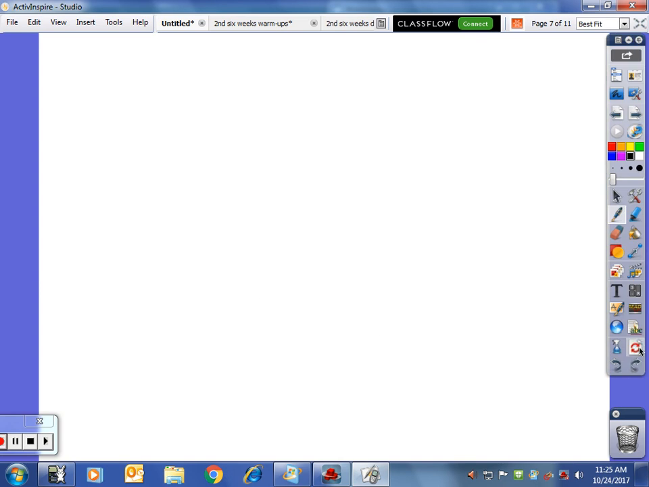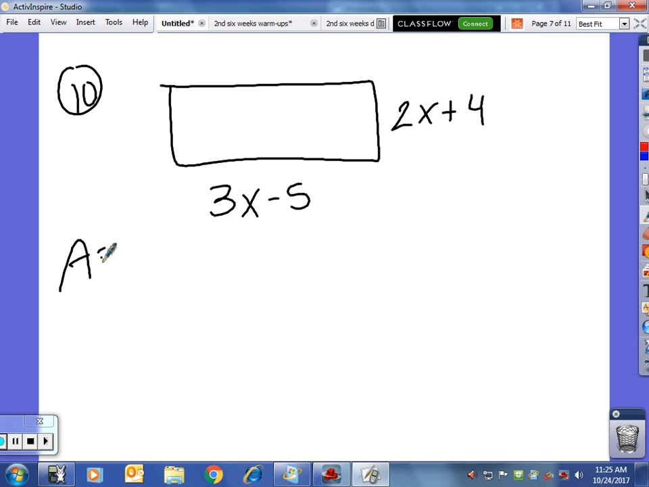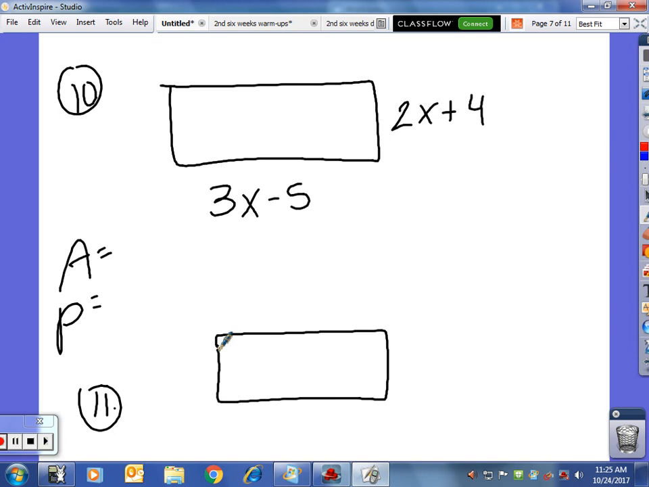All right, let's do some rectangles. Number 10, please try this one. 3x minus 5, 2x plus 4 are your dimensions for length and width. I want you to give me area and perimeter. Okay, number 10 is just